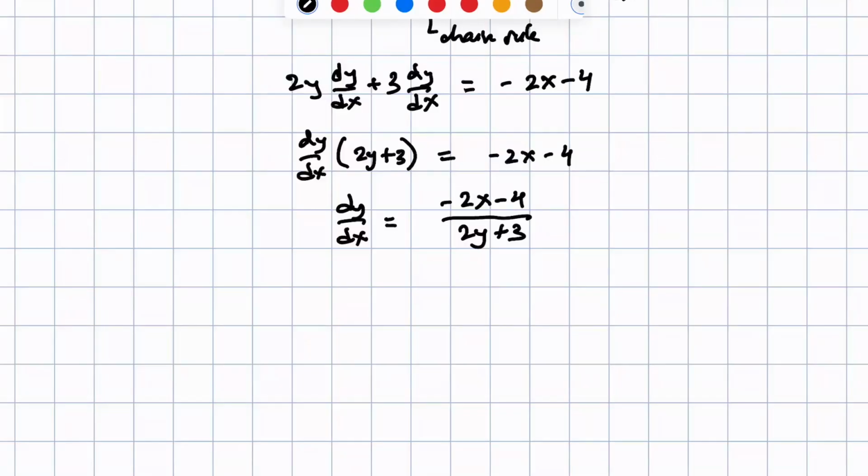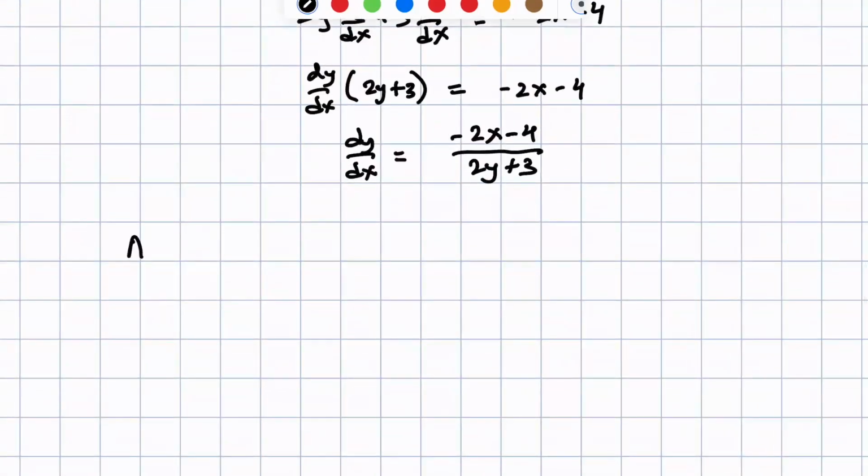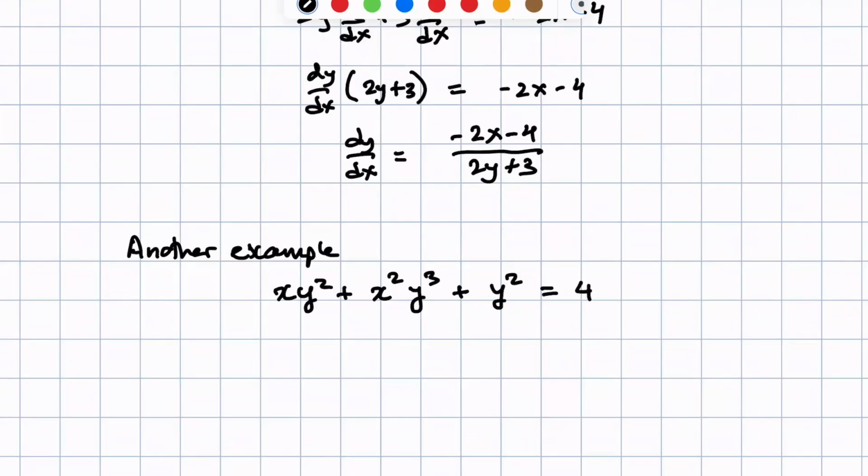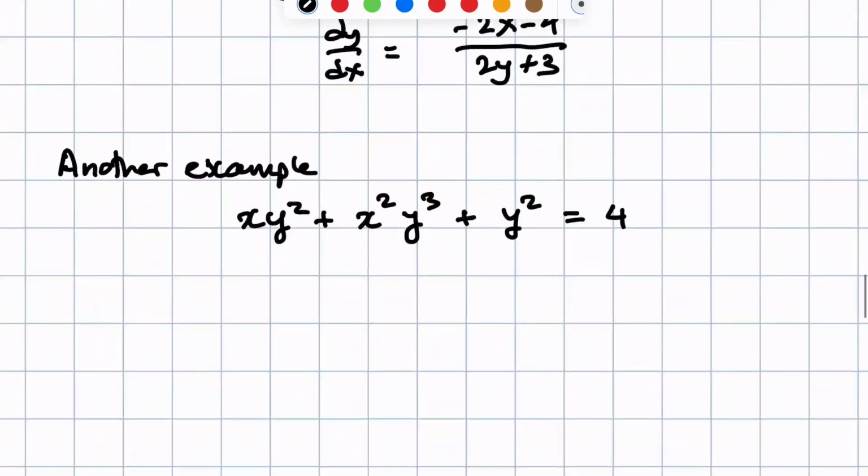Now, let's perhaps do another example of implicit differentiation. Maybe let's try a little bit harder one. Say xy squared plus x squared y cubed plus y squared equals 4. Now you see that if I'm differentiating in x, I have a product here and I have a product here, so I need two product rules. So the derivative of the first times the second plus the first times the derivative of the second, so that's